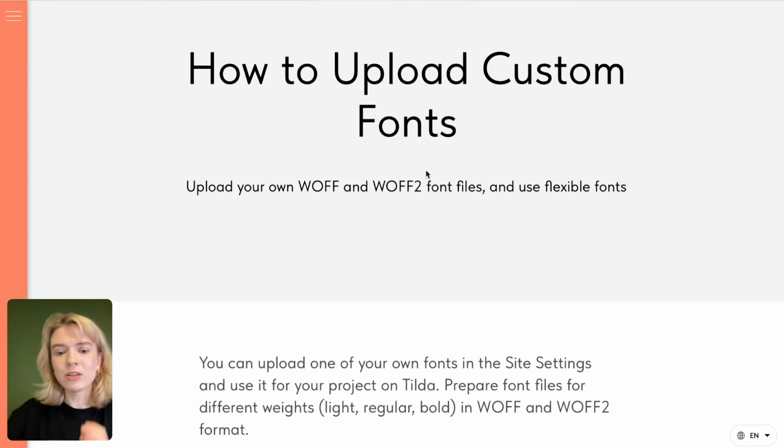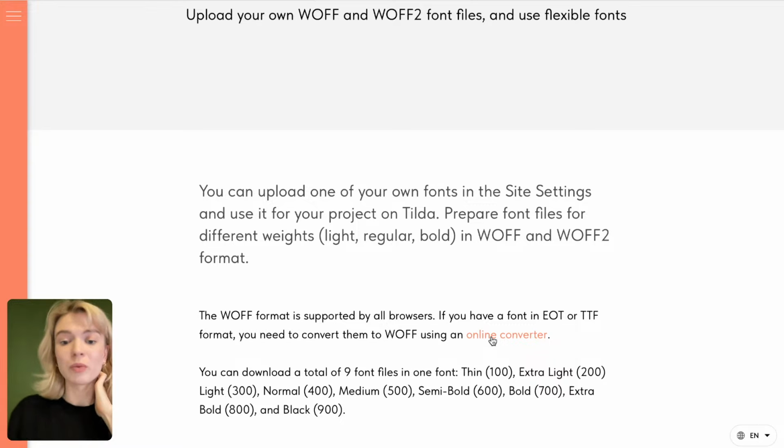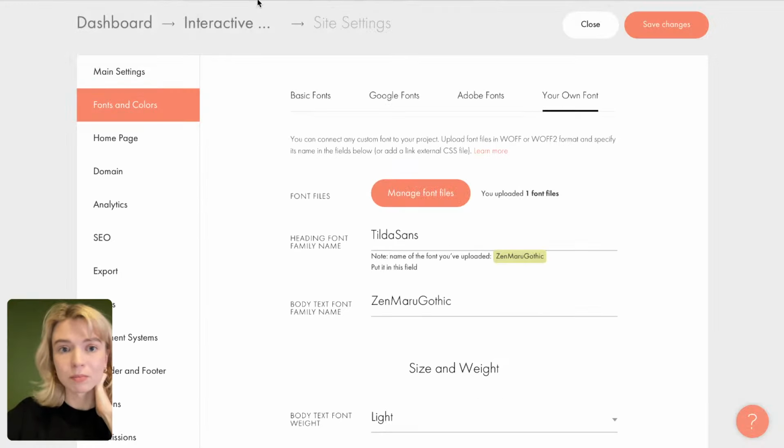So here you need to go to this online converter, and just upload your, let's say, TTF font, and it will convert it to WOFF format. So once you do that, you go here,